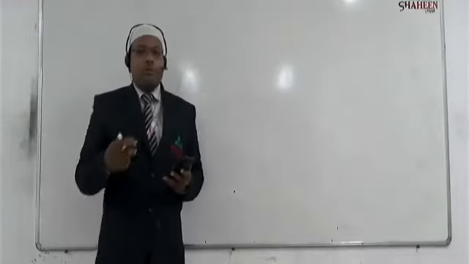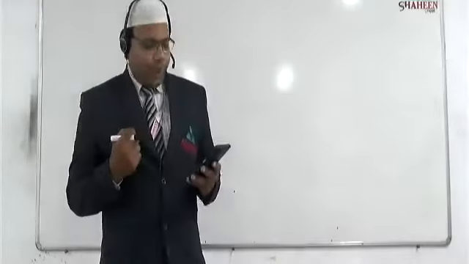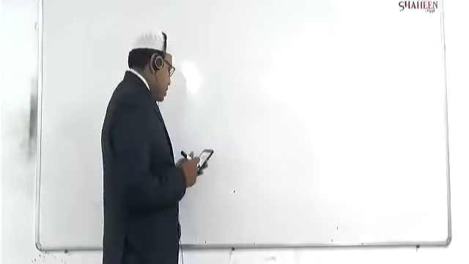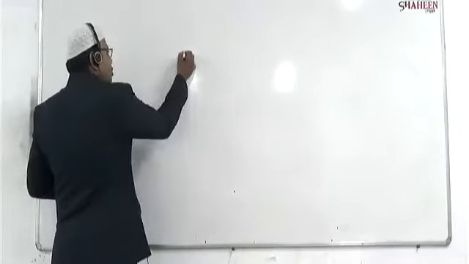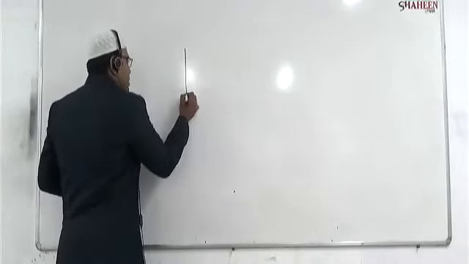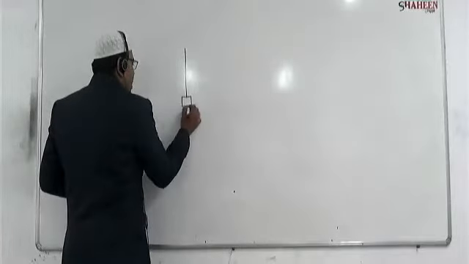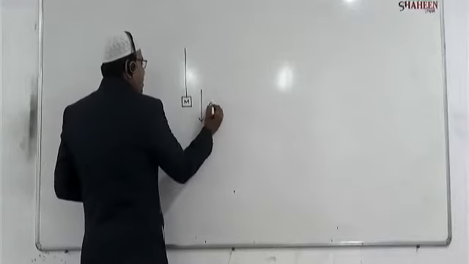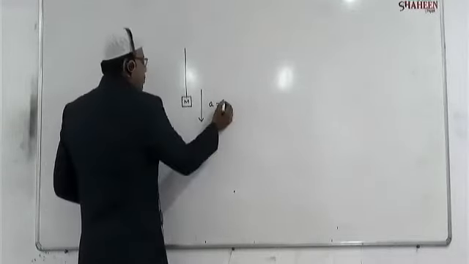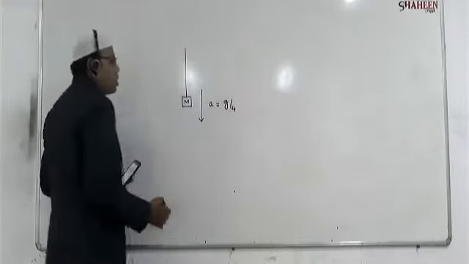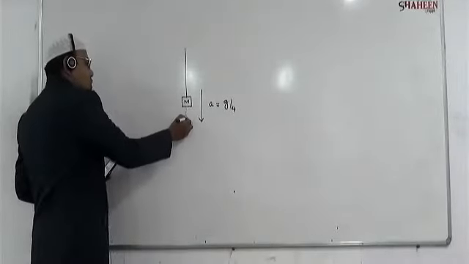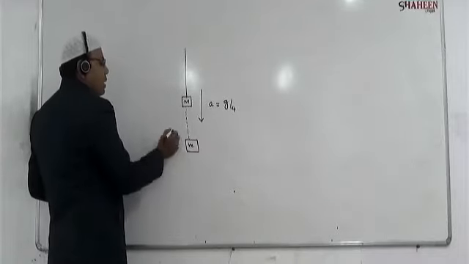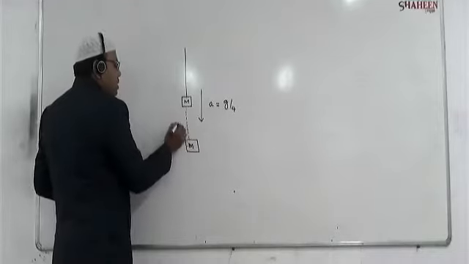So one cord is there. One cord means it is like a string. Okay. Rope is used to lower vertically a block of mass m by a distance d with constant downward acceleration. So this is the cord. One cord is there and one block is there here. And the mass of this block is m. It is lowered with an acceleration equal to g by 4. So after lowering, how much distance was it lowered? This block of mass m is lowered by a distance how much? That is given, right? d.